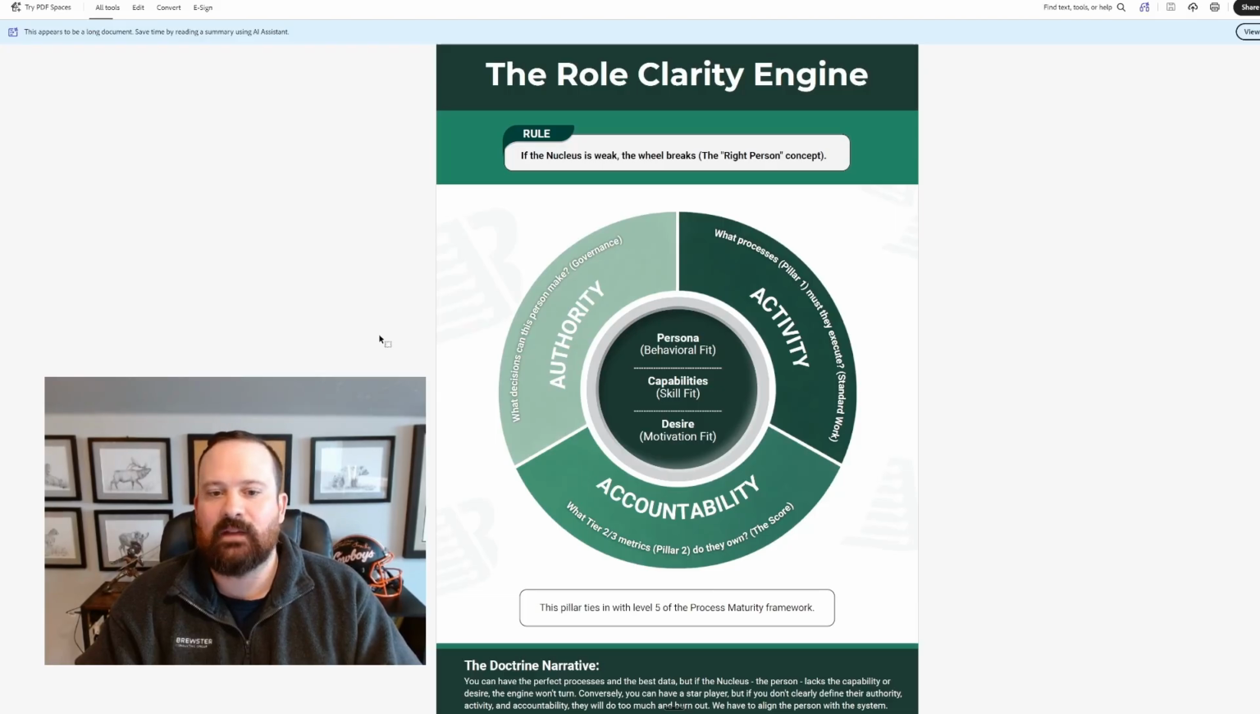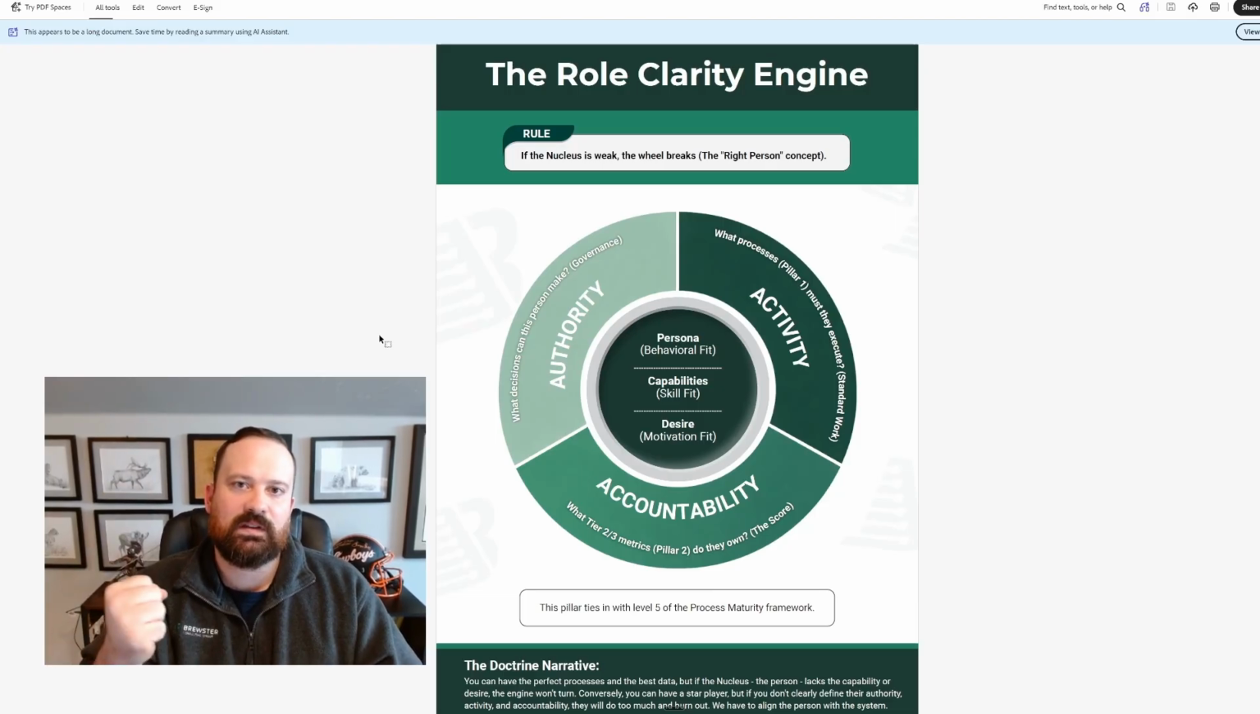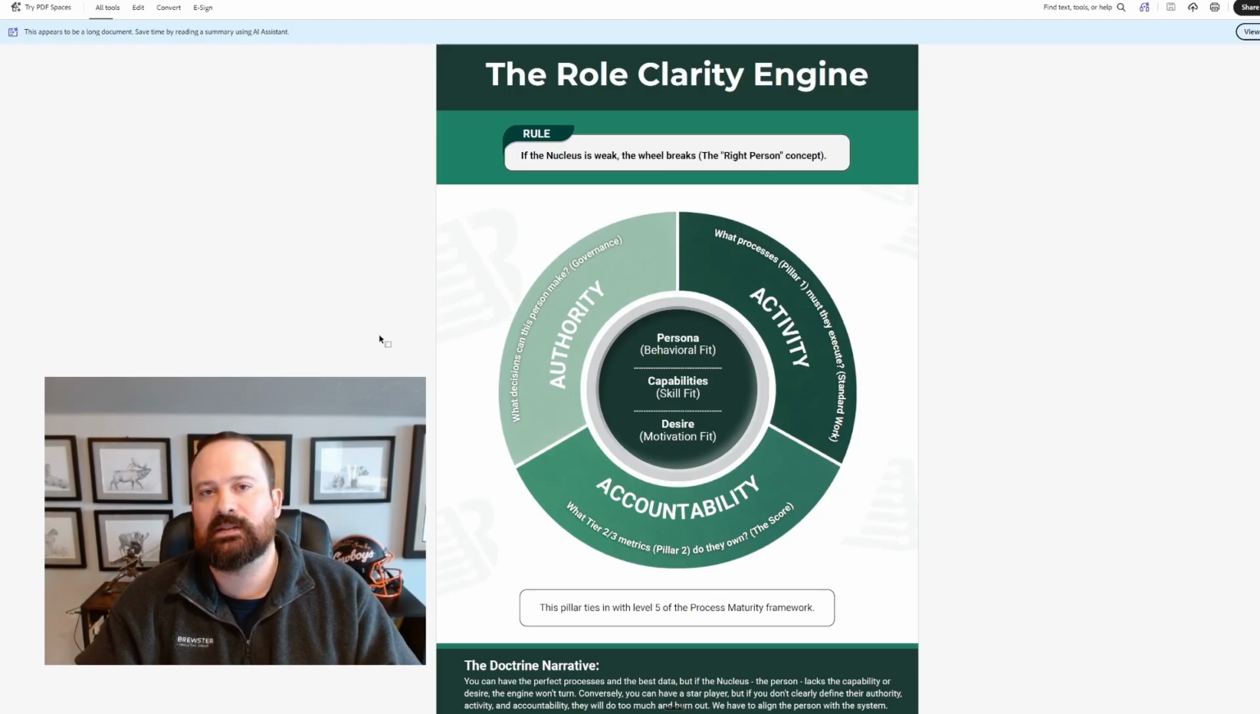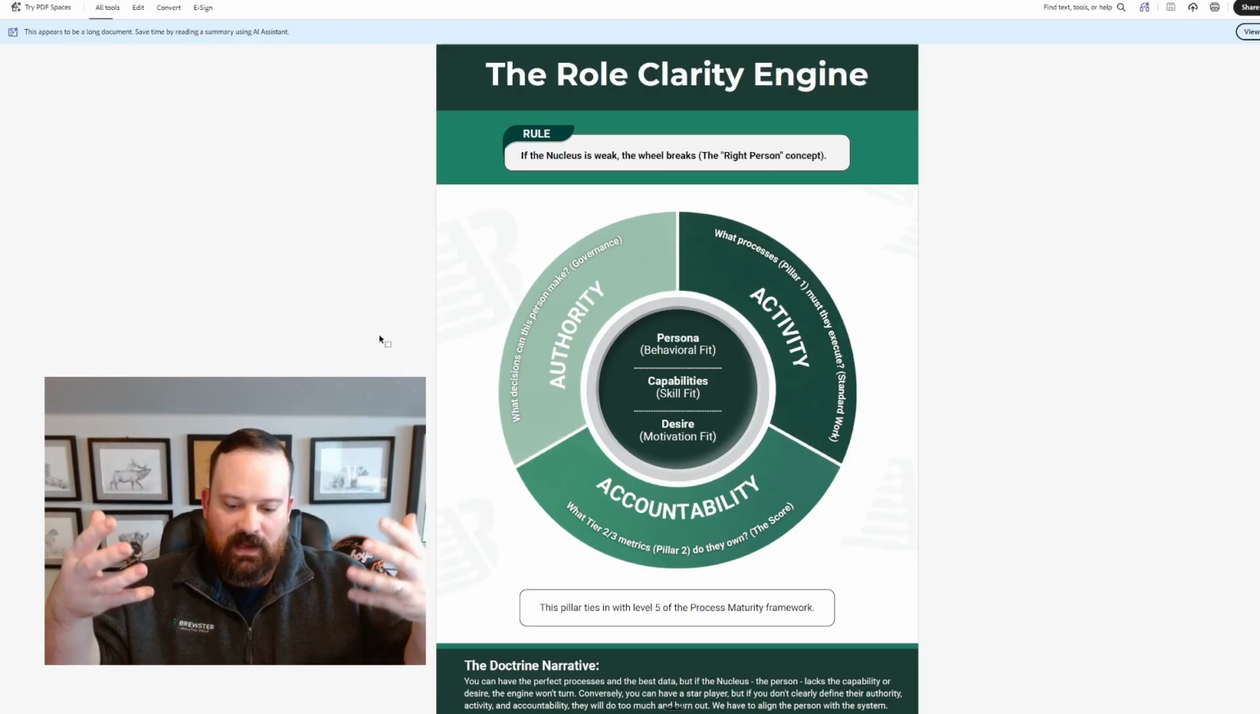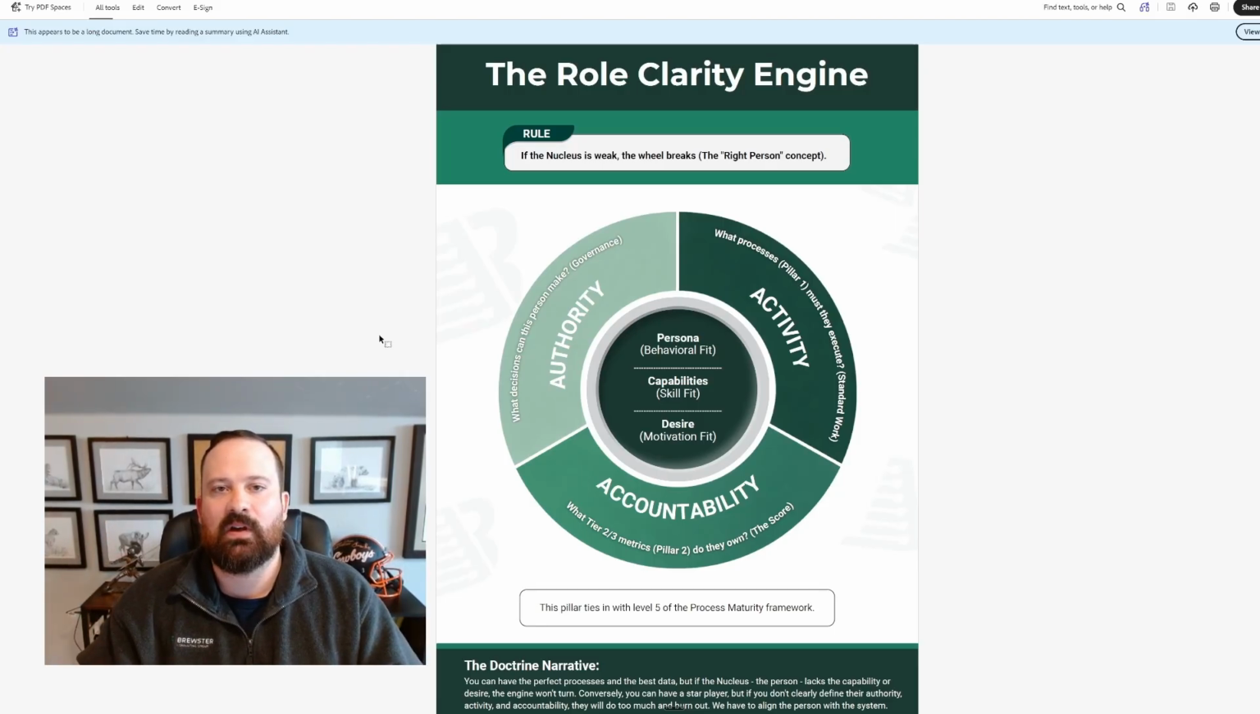It cannot stand effectively, right? So you have to have the nucleus correct, which means the fit. You got to have the right persona, the right capabilities, and the right desire for an individual in a role. But then you also have to have alignment. They have responsibility for the correct processes. You have to have accountability. They have clear accountability and they know how they will be measured. But then they also have to have the authority to do what is necessary to perform in the role. If you don't have all of those things, then your roles are broken and they will not be set up